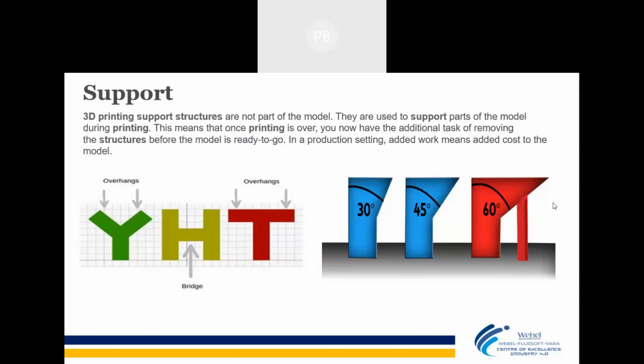So see, if there is something like this kind of structure, like the Y structure, an artificial support will be developed here. This is the support, which is a wastage part. But this is required if you want to print such a thing. This can be eliminated by putting the part in a certain direction or orientation where support will not be developed, or maybe a minimal layer of support will be developed.